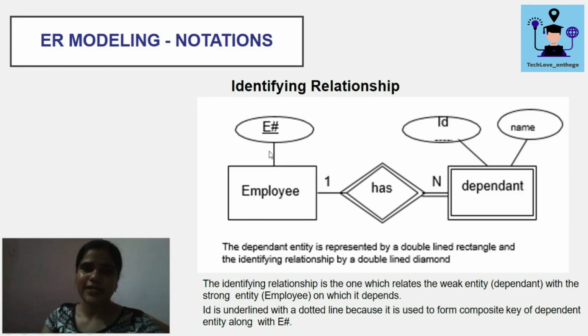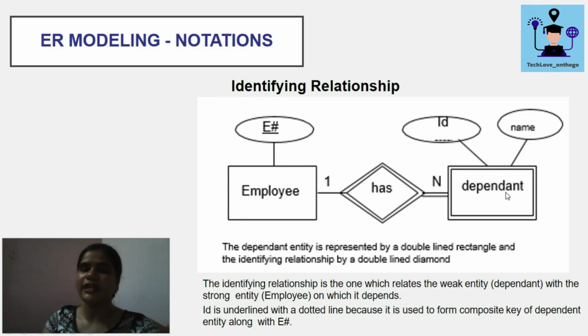This employee entity set has the attribute employee ID. With the help of that, you can distinguish between different employees, and these employees have some dependents. Here we can see some numbers written over there. We will discuss in the next lecture what they mean. So some employees have some dependents, and these dependents are in a double rectangle, which I have already told you represents the weak entity set, and this weak entity set doesn't have a key attribute. So a dependent can only be uniquely identified with the help of the key attribute of the strong entity set.